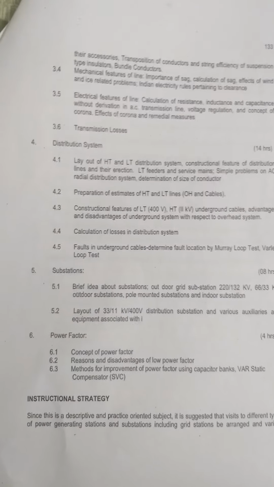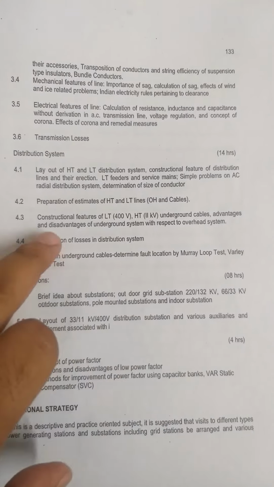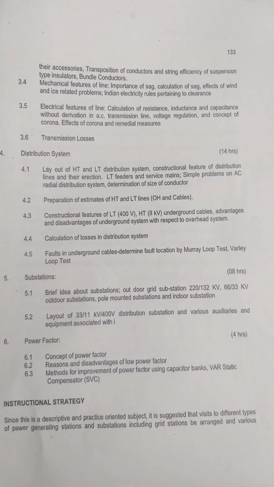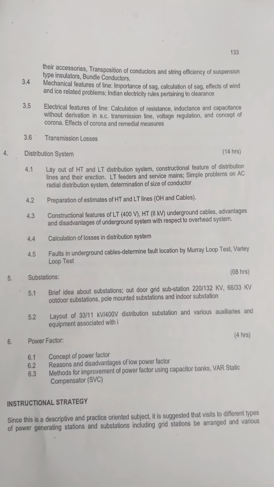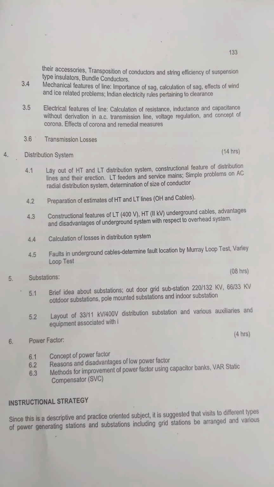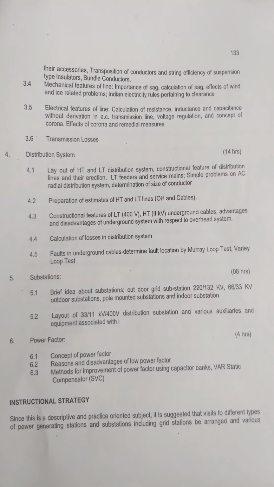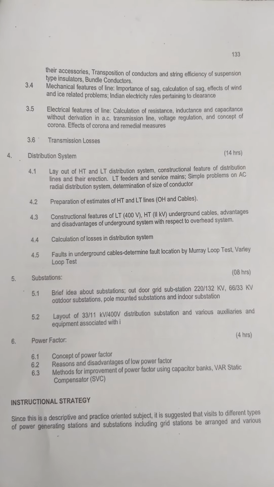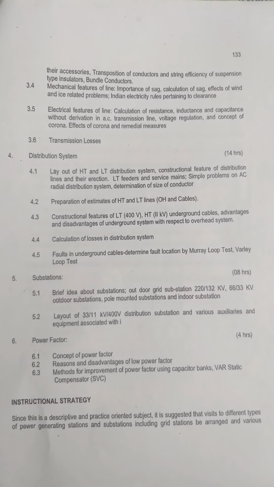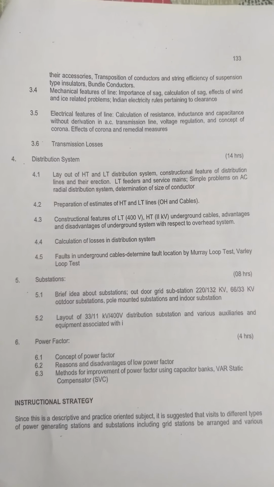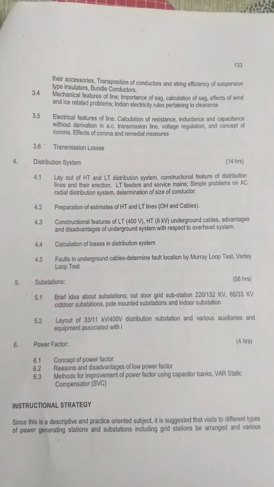In fourth chapter, that is distribution system, the layout of HT and LT distribution system, we will discuss the constructional features of distribution lines and their erection, and we will discuss the low tension feeder and service mains and different types of problems for radial distribution systems, and we will discuss in this chapter the constructional features of LT as well as HT underground cables, advantages and disadvantages of underground system over overhead system, calculation of the different types of losses